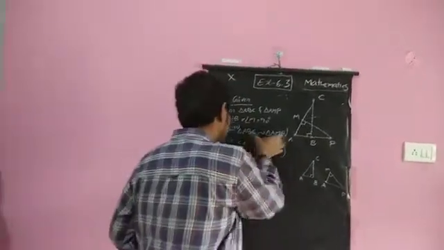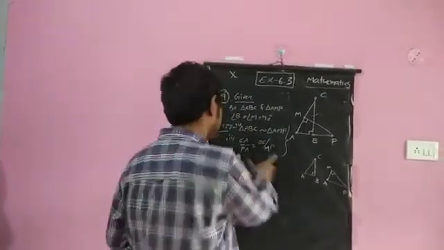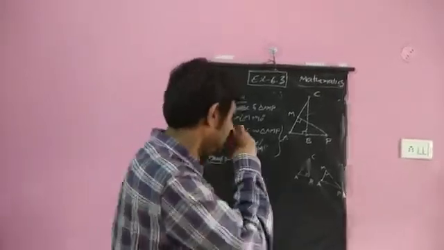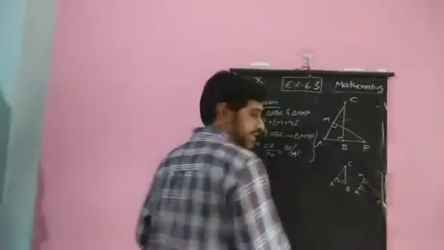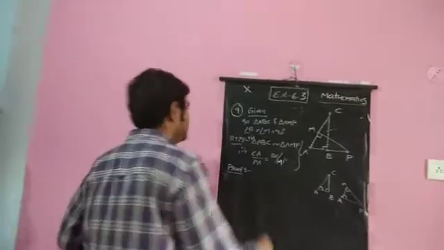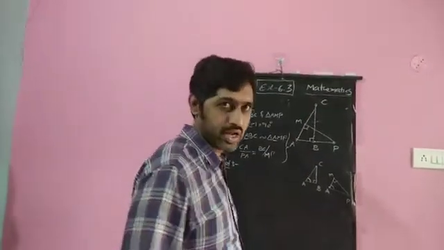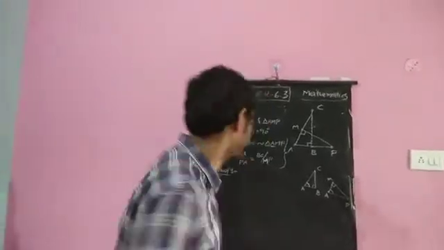If we prove that these two triangles are similar, automatically the corresponding sides of similar triangles will be in the same ratio. So this will come obviously, as CPST, corresponding parts of similar triangles. Here I can see that one angle is 90, the other angle is 90, and this angle A is present in triangle ABC and A is also present in triangle AMP. By seeing this itself, you can see which is the common angle between these two triangles ABC, AMP. So A is present in both the triangles. Angle A will become the common angle in these two triangles. So we can apply the angle similarity rule here, and we can see that the two triangles are similar.